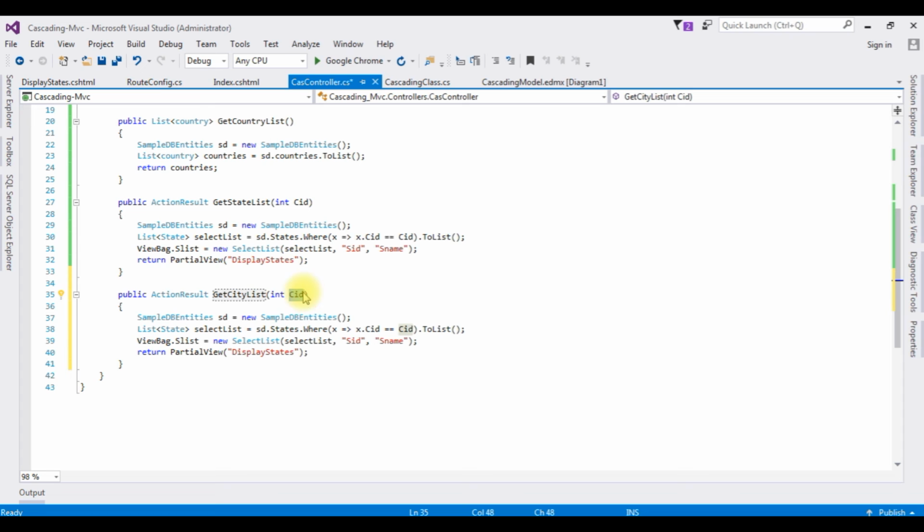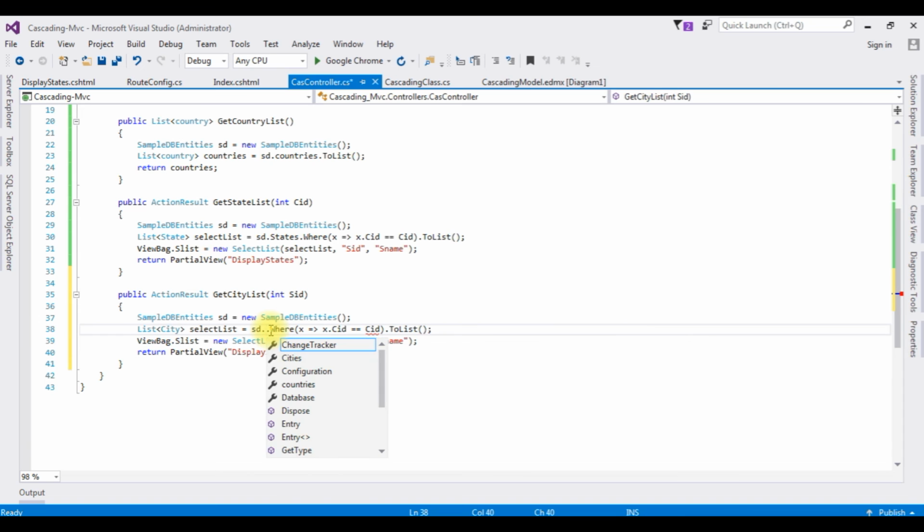Instead of CID, I'm adding SID, which is the state ID. Here in the list class, I'm adding City, which is the table name, sd.Cities, where